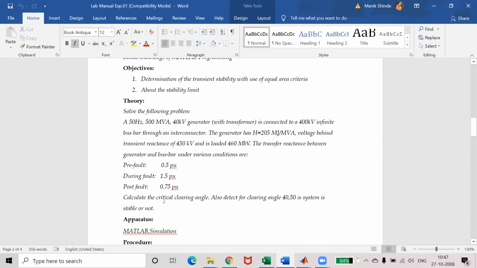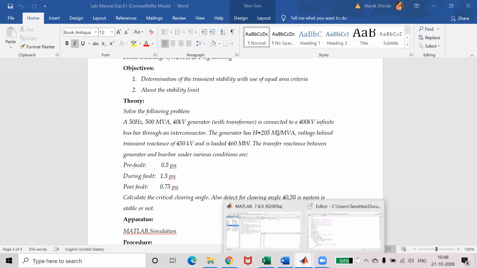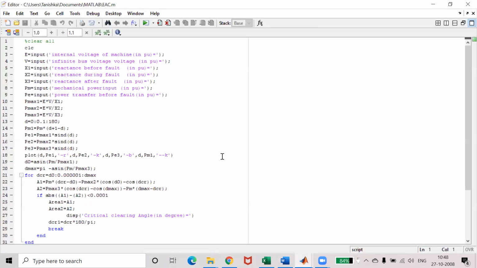Now we have solved some numerical. Based on that, please find out the EMF, reference voltage, and mechanical and electrical power. Once you find out these parameters, we are able to put them as input to the MATLAB software. Now I am showing you how to put the input to the MATLAB software. You can see that the program is written in this manner. I am going to tell you some of the commands in MATLAB. You are already familiar with that, I know.